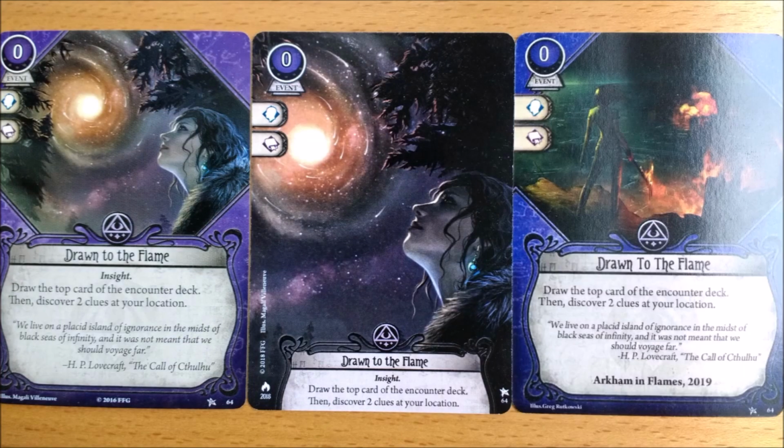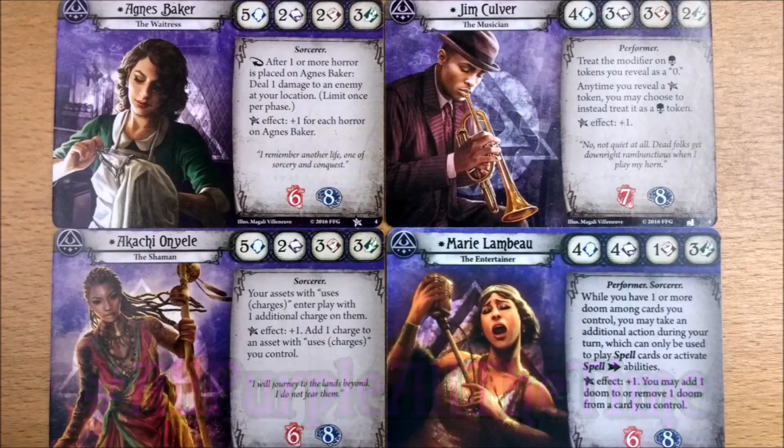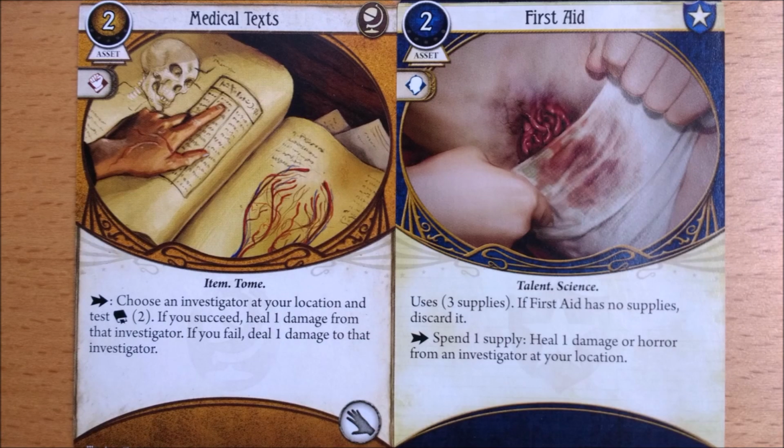Now anyone ever can take Drawn to the Flame. You don't have to be an all-purple all-the-time party to have 8 copies and really blow yourselves up. Naturally, you will have readied Fool Me Once beforehand, right? On to the Mystics. Here we have a damage healing card, something Seekers and Guardians have had from the core